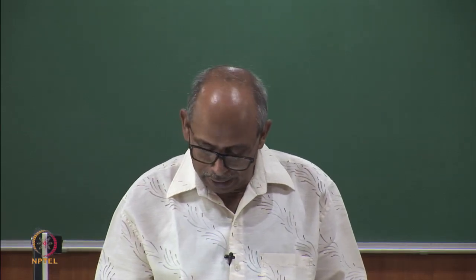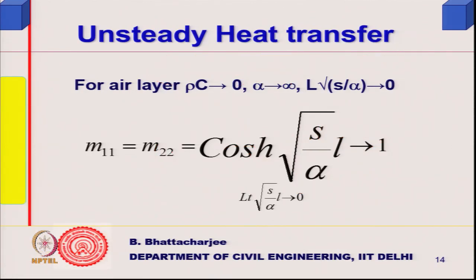So, let us see, but there is a little bit of catch. M11, M12 will always tend to 1 for the air layer. For the boundary layer, this will be 1, because this tends to 0, this tends to 1. But